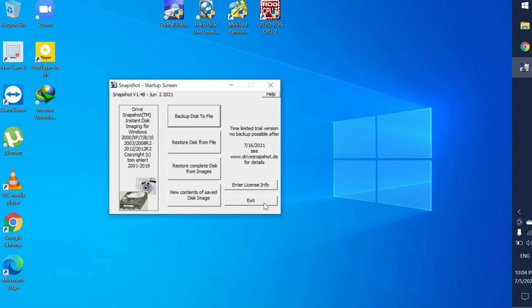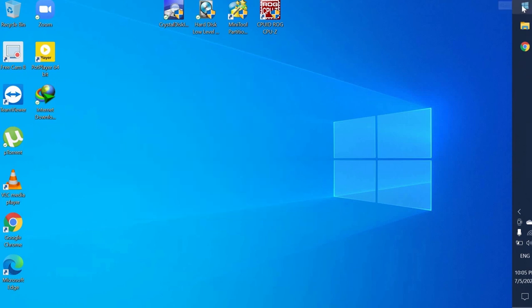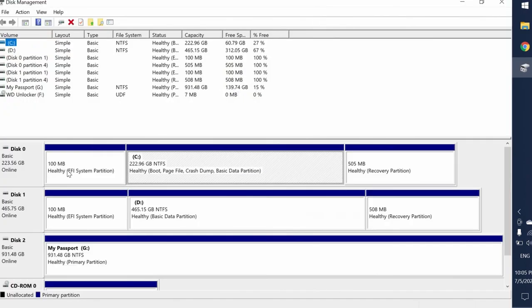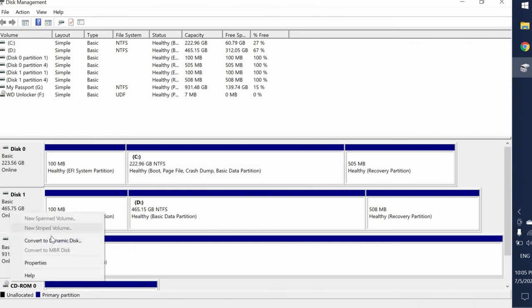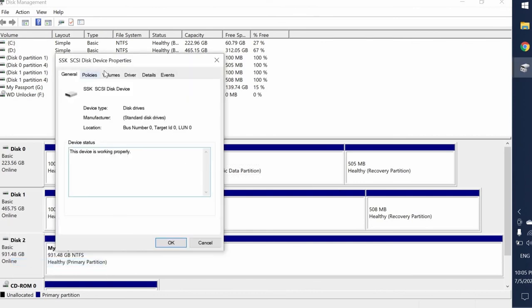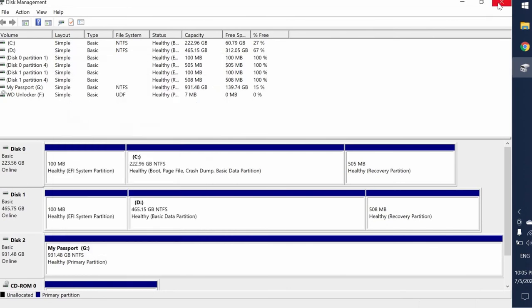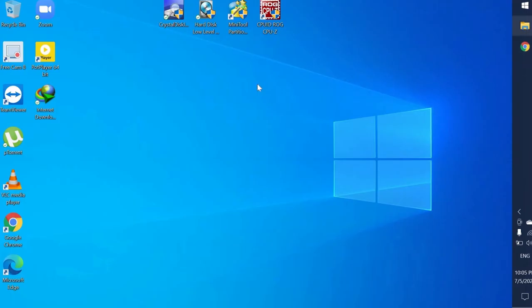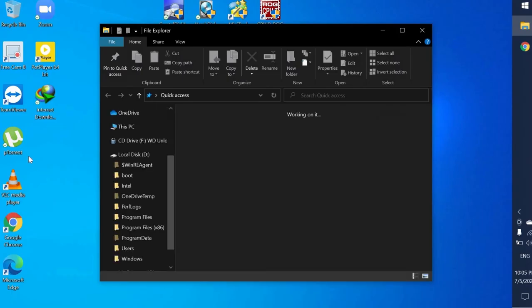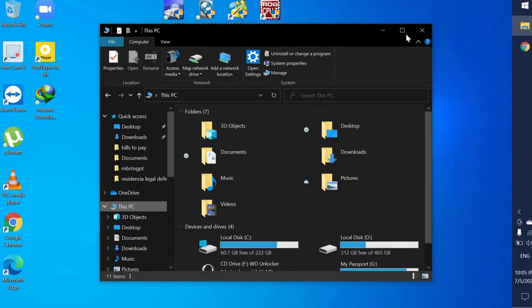Just connect your hard disk to your original computer or laptop and you should be able to boot into Windows without any issues. And if you check your drive partition style using Disk Management, you can see that it has changed to GPT style. I hope this tutorial has helped you upgrade to the latest partition style and take advantage of its numerous benefits.